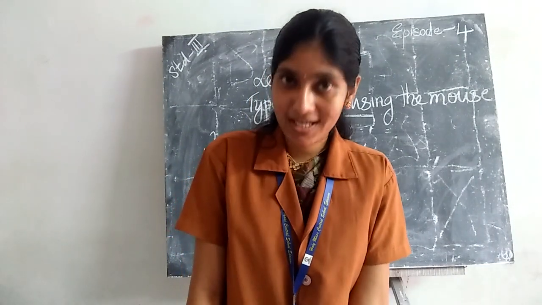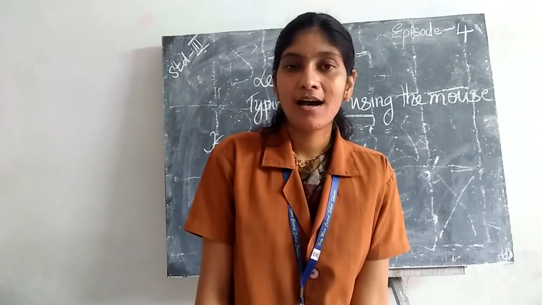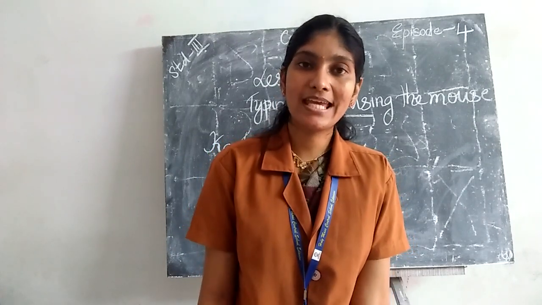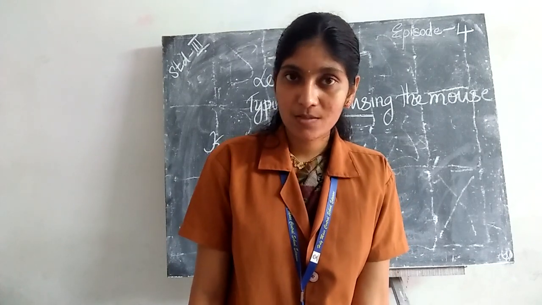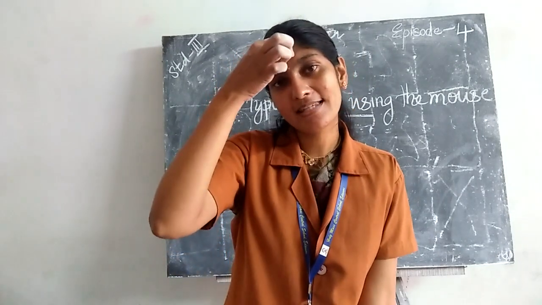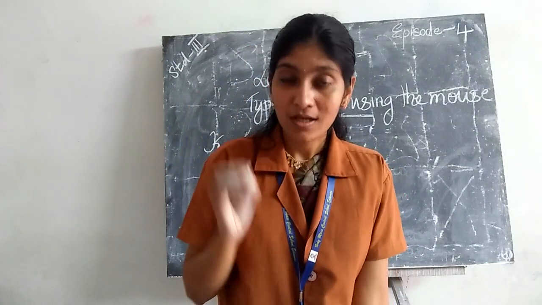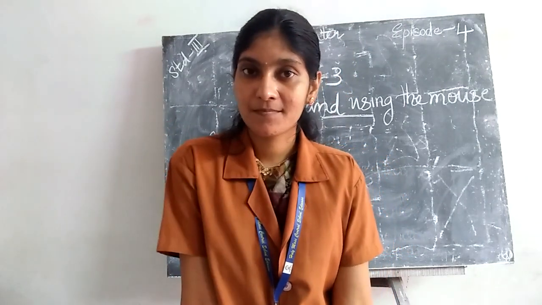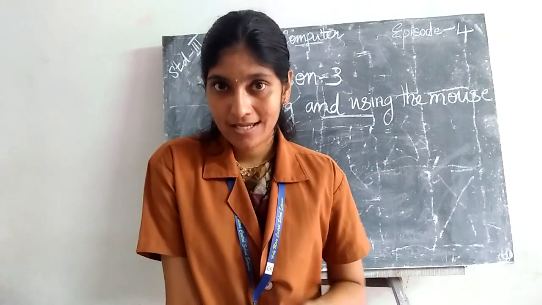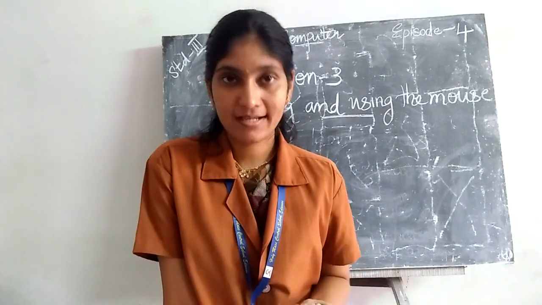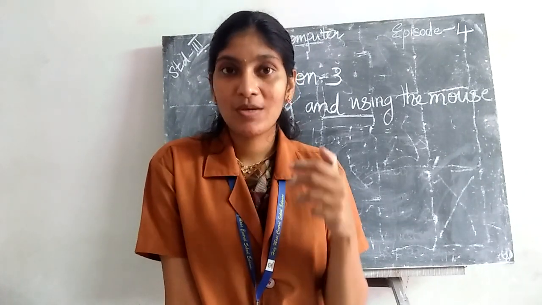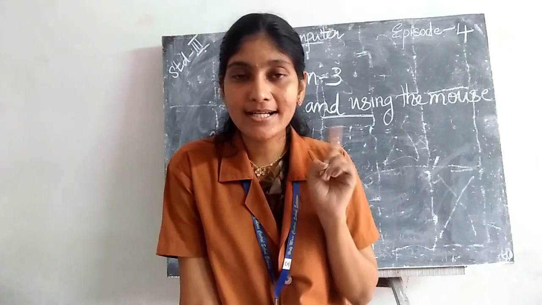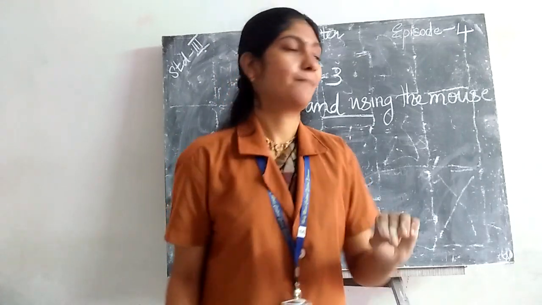Then, what do you mean by key? The rectangular arrangement of buttons is known as keys. So what is key? The rectangular arrangement of buttons is known as keys. And we know the keyboard contains many keys. So what are the keys? We know alphabet key, number keys and special keys. So today we discuss all of these keys present in keyboard. So first key is alphabet key.